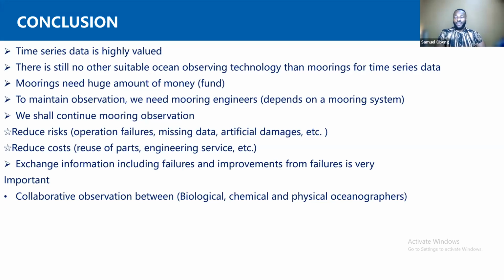Mooring observations have proved time beyond number that they are very suitable for time series observations. But moorings need huge amounts of money. They need huge funding. It is very, very expensive. I remember during the training, I asked one of the facilitators, because I look at the Gulf of Guinea and the in-situ observation network that we have, there are not many moorings that I know have been deployed in the Atlantic or in the Gulf of Guinea,